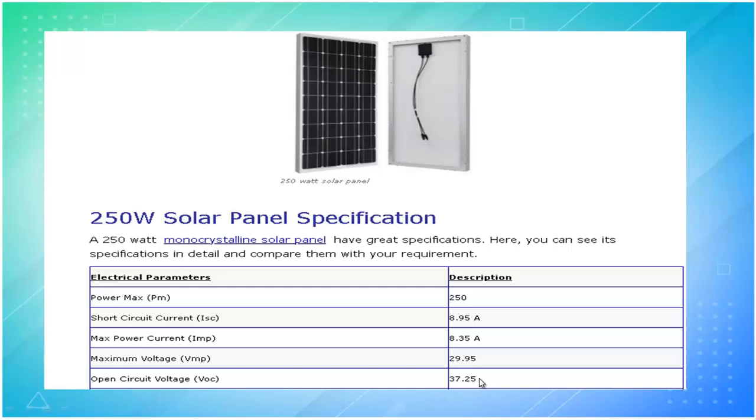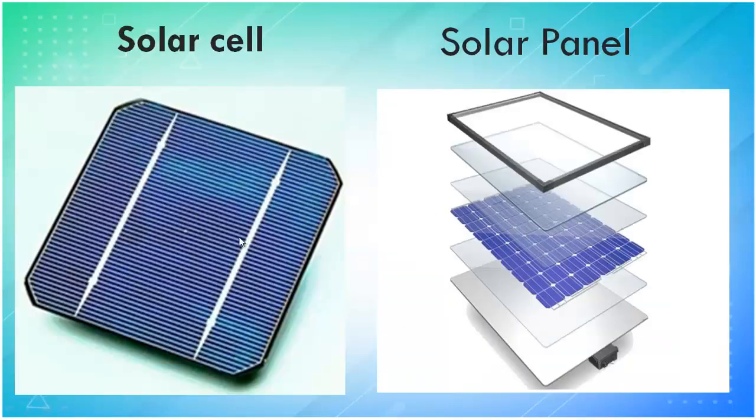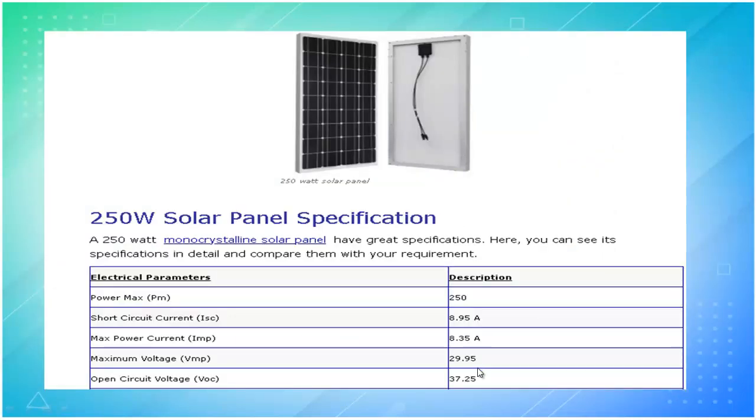I told you in the previous slide that each cell is capable of generating 0.6 volts. So now 0.6 volts cells you have to connect in series. You can see in this panel, each cell is connected in series. When you connect them, you require around 65 to 70 cells in total. Those 65 to 70 cells you will connect in series. All these things we will see in MATLAB.